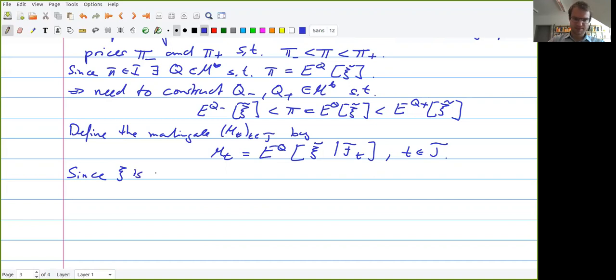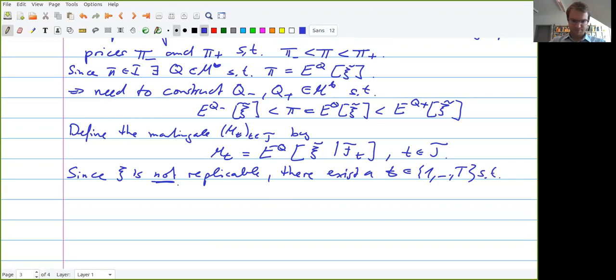So psi is not replicable. This means there exists a time t between 1 and T such that delta M_t, which by definition is M_t minus M_{t-1}, is not an element in the set, let's call it K,